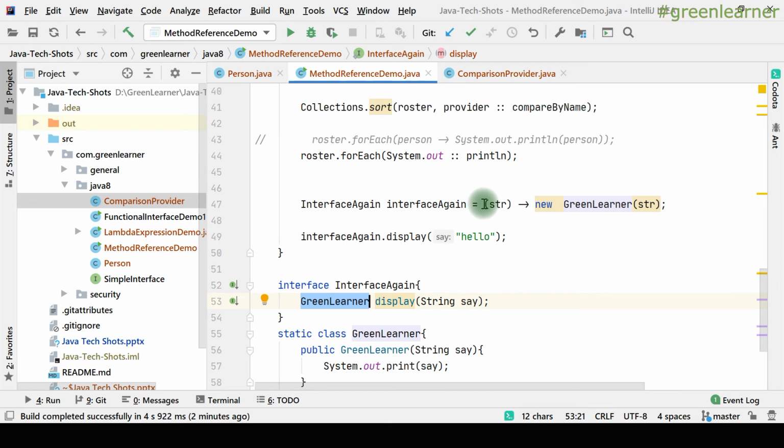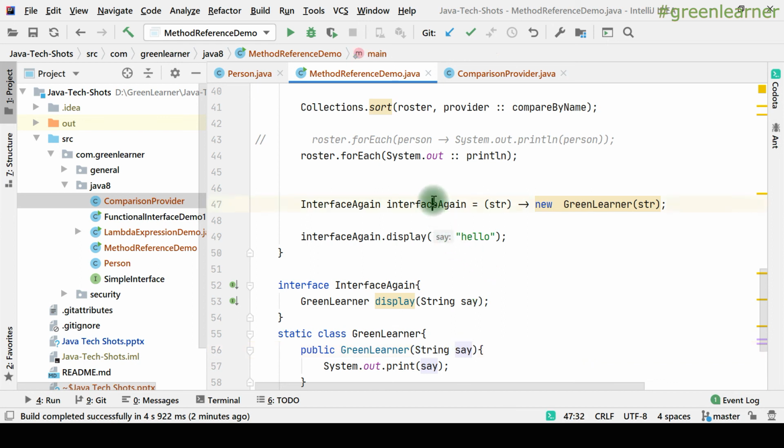Whatever we have written here goes inside this display method. When I call this one, it is going to print this hello. I already have a constructor which is taking this one, so the method signature of this one and this one is the same. This is the place where I can replace this with the method reference.